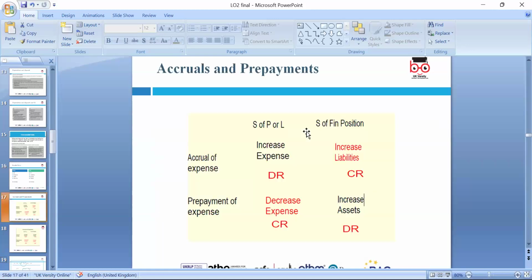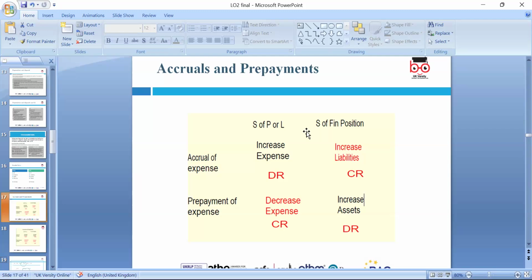Okay, please. Then we have accruals and prepayments according to the indicative content, because we do all this on the accrual basis concept. It means every year's income and expense related to that year should be included. We do not base our accounting on cash accounting. We do the accrual basis. It doesn't matter whether you make the payment or not; if the bill is related to that period, it should be included in the expense. If the sale happens, even though you have not received the money yet, the sale should be recorded as a sale, as income in the book of account.